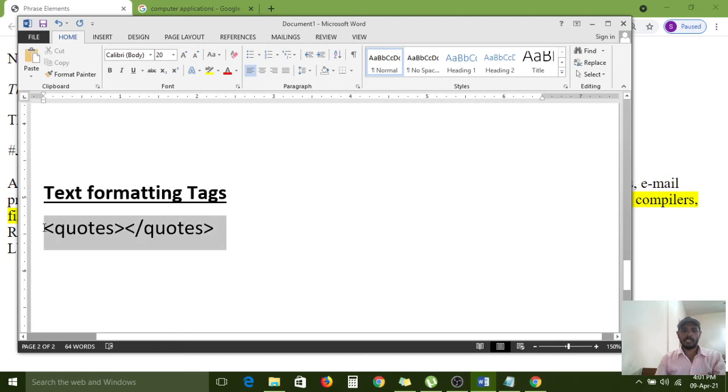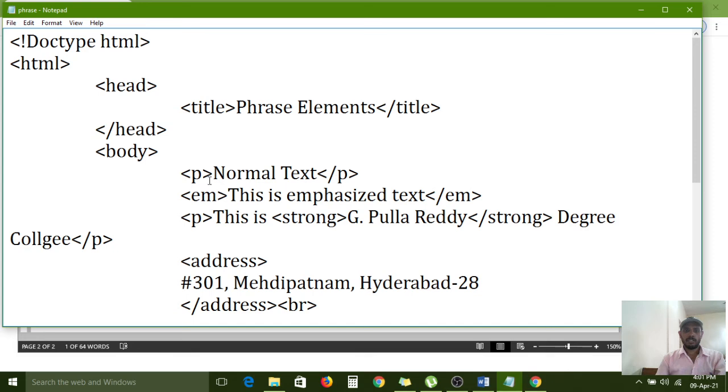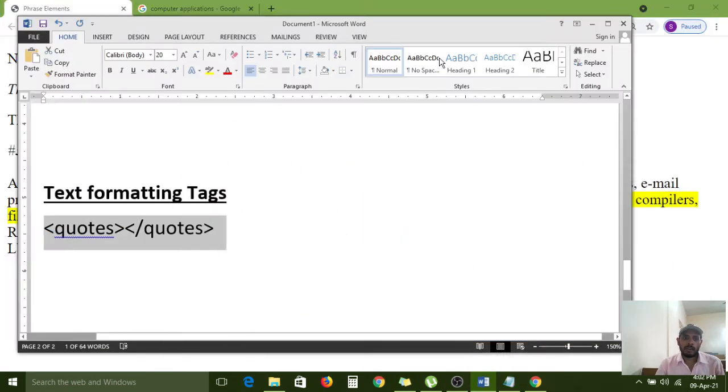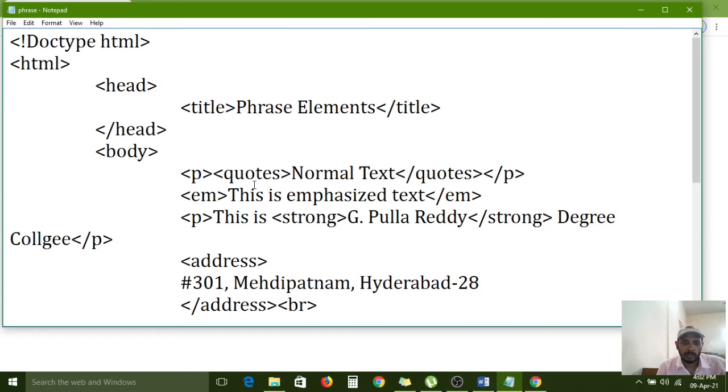If you want to apply this tag, in this paragraph normal text is there now. Here I am applying this one. The normal text is copied from here to here, in between quotes. All of you carefully observe. So actually the normal output is what? Normal text is printing now. Now I am refreshing this page. Quotes can be applied like this. Okay, the spelling is wrong, I think. Q-U-O-T, quote I think, not quotes.